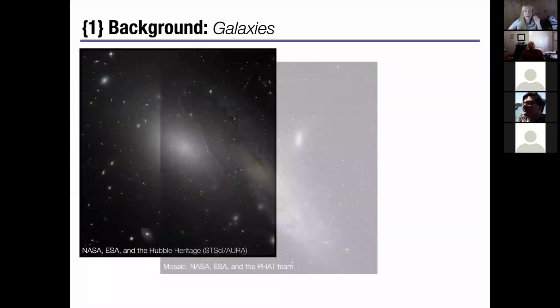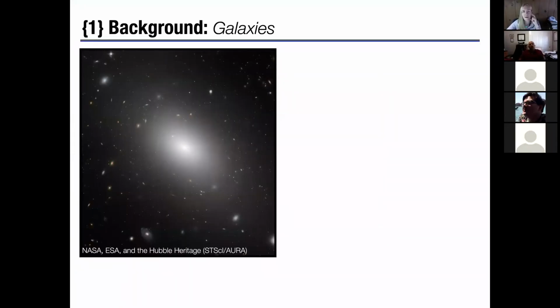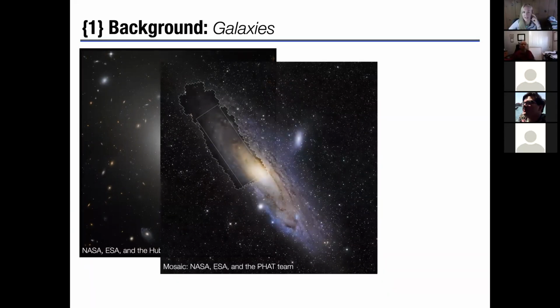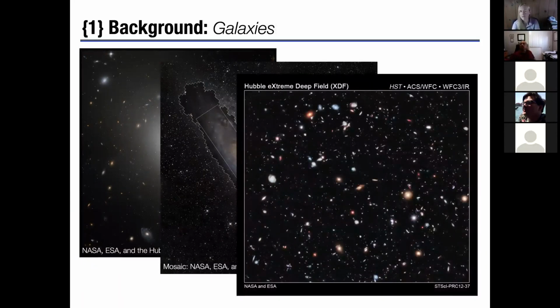The idea that you should have supermassive black hole binaries really starts with galaxies. We see lots of different shapes and colors and sizes of galaxies. This is the Hubble Extreme Deep Field, which is what you see if you point the Hubble Space Telescope at an apparently blank patch of sky that has the angular size of a fraction of the full moon, and it's teeming with galaxies. And we think that most, if not all, reasonably massive galaxies host a supermassive black hole in